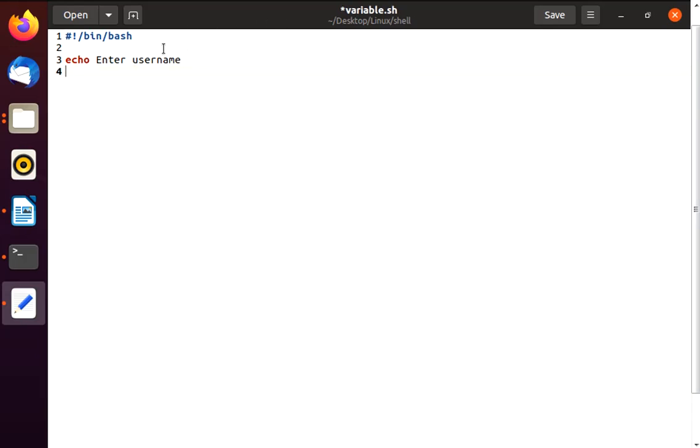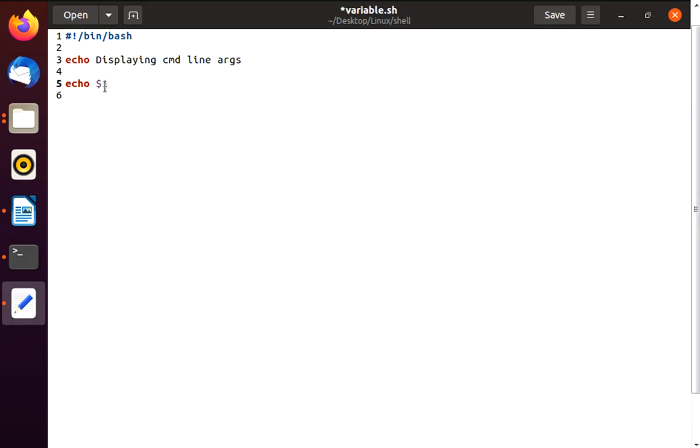So here first we will give a message, displaying command line args, and echo $1. This variable will store the first command line argument.